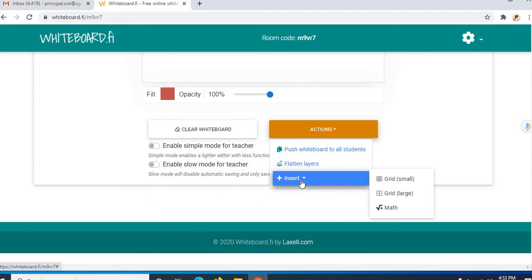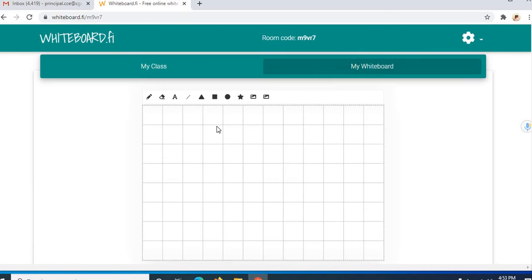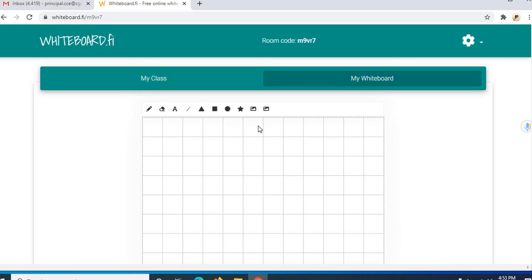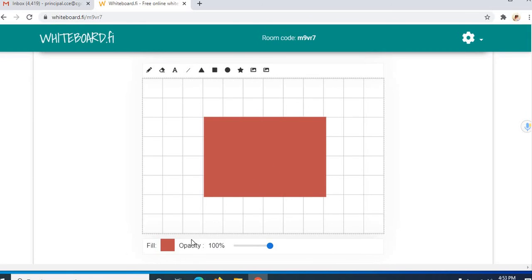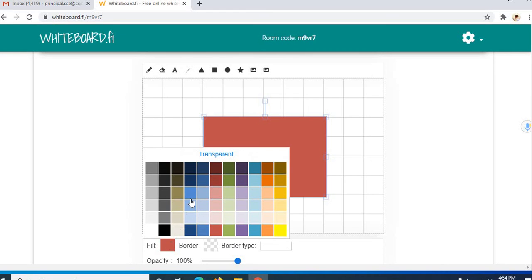Here you can see this insert, and in insert you can have grids, a large grid and a small grid. As mathematics teachers, we all work on a grid sheet. Suppose I want to draw a rectangle over there, this way I can draw a rectangle, and I can change the shape and the color of this rectangle.